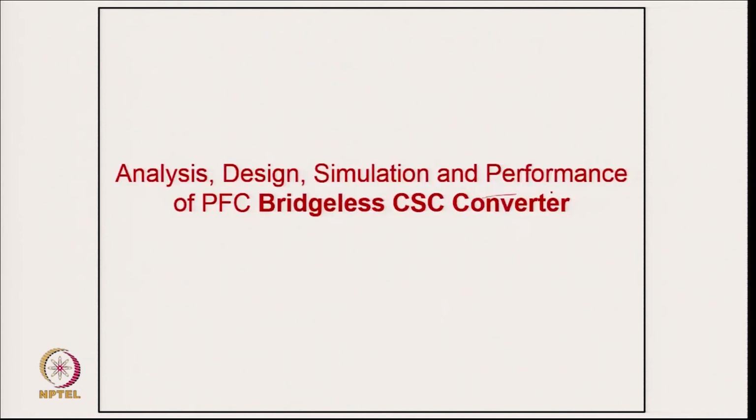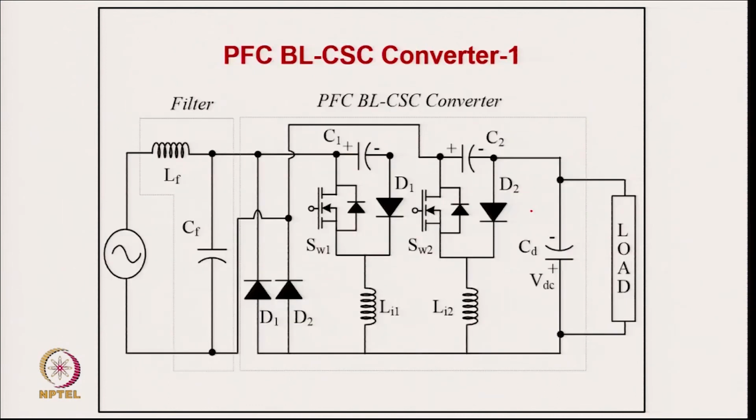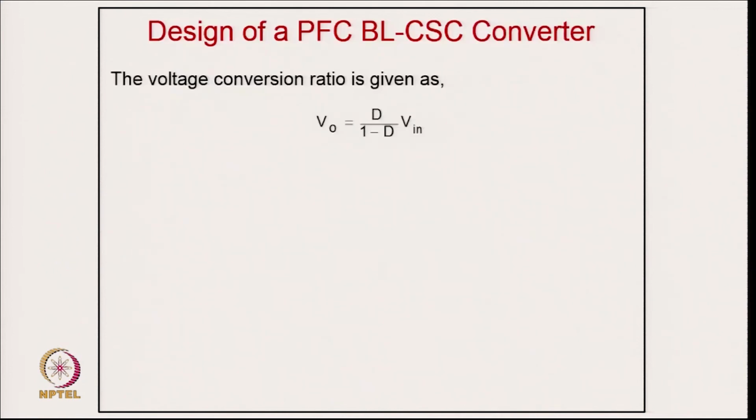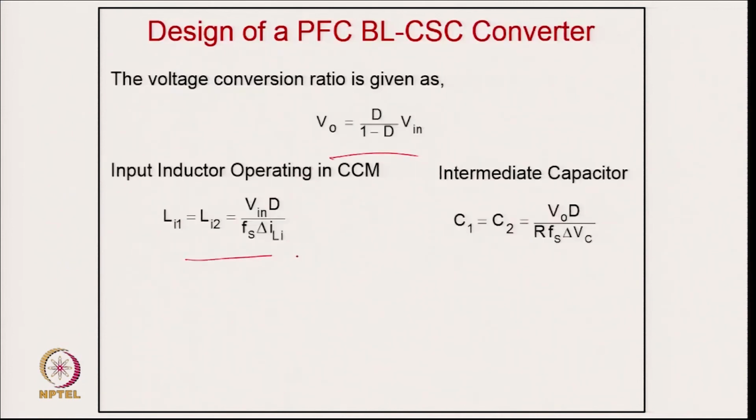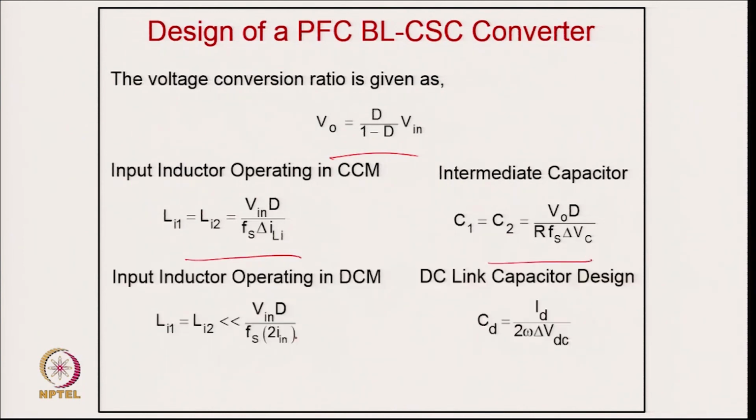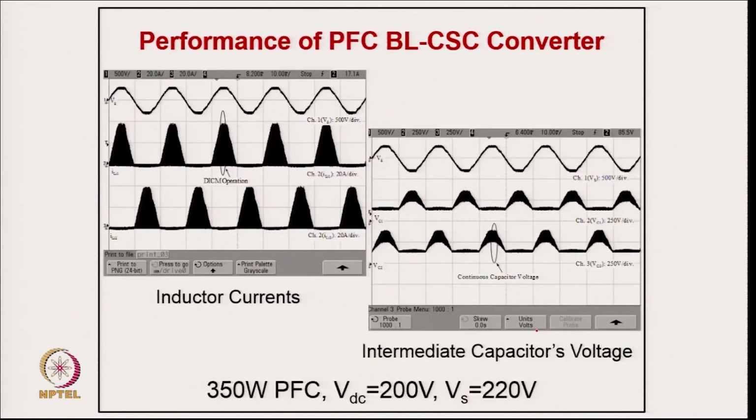Coming to the design, simulation and performance of the PFC bridgeless canonical switching converter. These are the topologies, the first topology of the canonical switching converter for positive half cycle and negative half cycle, and this is the relation for output to input voltage, the input inductor design, the transfer capacitor design, and the inductor design for DCM, this was for CCM, and the output capacitor design for a given voltage ripple here. And these are the typical experimental results for a 350 watt converter with output voltage 200 volt and